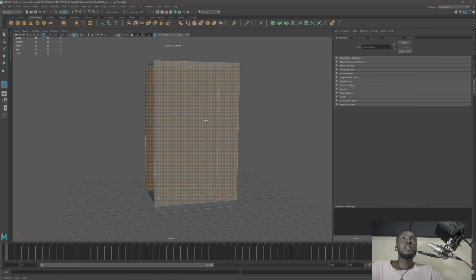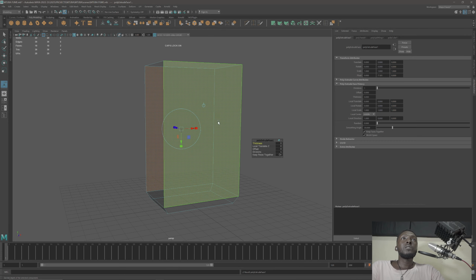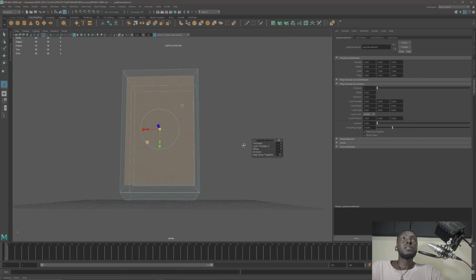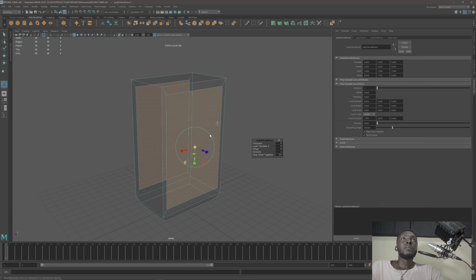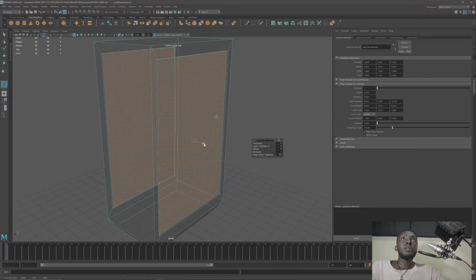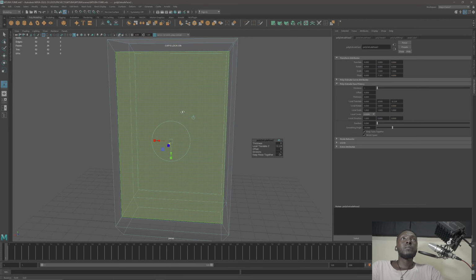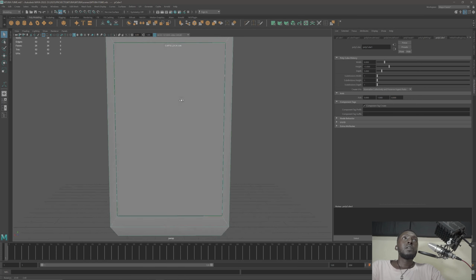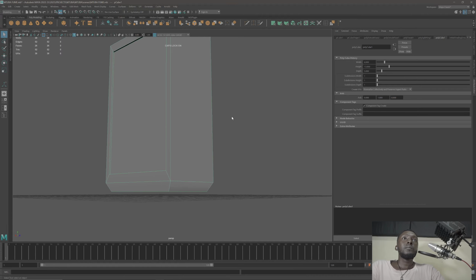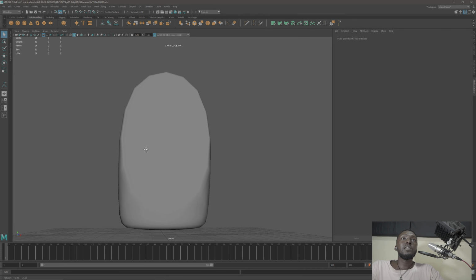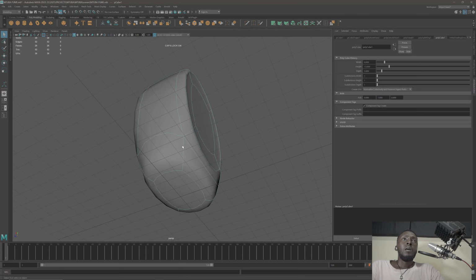Select both faces, extrude both faces, then bring them in like this. Then press G, push them a bit inside like this. So nice. And so I have something like this. If I press 3, you can see this is the kind of shape that we have. It doesn't look bad,